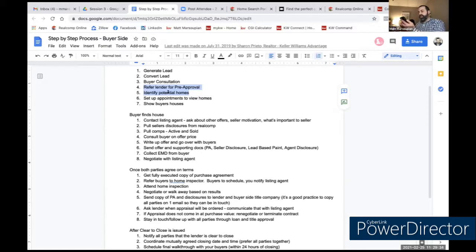Yeah. So once you download it, you use your RealComp credentials to log in, and you should stay logged in. They'll try to upsell you a premium version, but you don't have to have that. So I use that as a reference when I'm there, looking again at the seller's disclosures and things. But it's not a huge